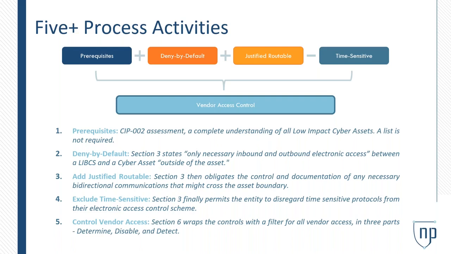But now section 6 of CIP-3 wraps all of that up with this whole new concept called vendor access control. Now, in a lot of ways, vendor access control, I think, is kind of more of the same. You've got to control access, you've got to monitor and control electronic communications, and this is just more of it, a different thing that's really not so different, just a different category. But by looking at this from a process perspective, you've got the ability to put a name to something. And when you can put a name on it and write a process for it, it's a lot easier for you to visualize and actually understand whether or not you're getting the evidence you need on the other side.